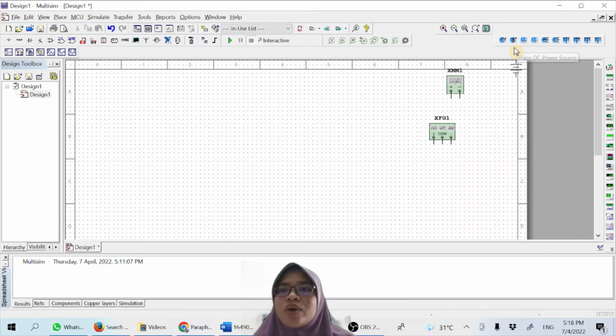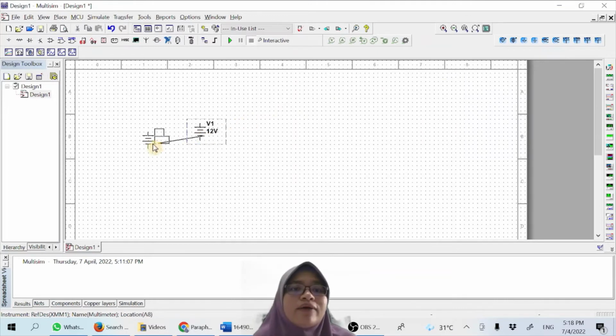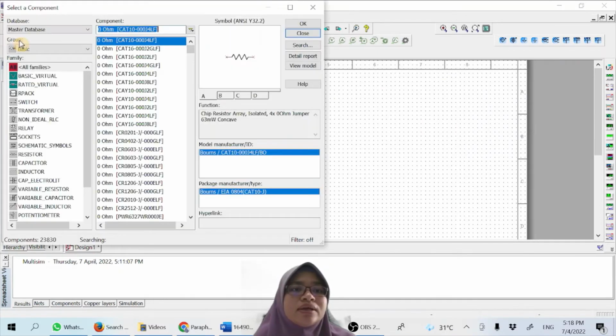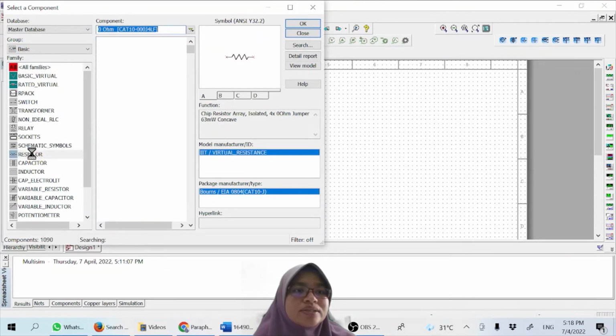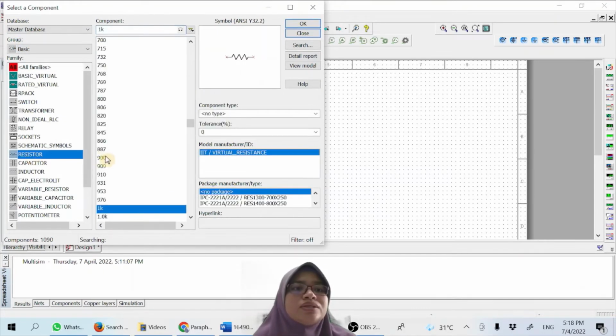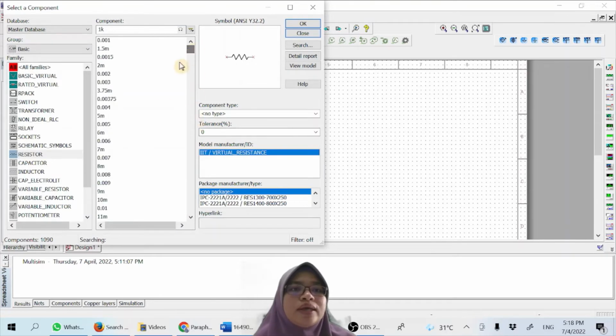So this is 12 volt, so you just place this one. So better I erase this one first. Okay, so I have 12 volt DC, and then what else? We have a resistor of 10 ohm, so I choose the resistor over here. Okay, so you can choose 10 ohm over here, or you can take any value from here and then you